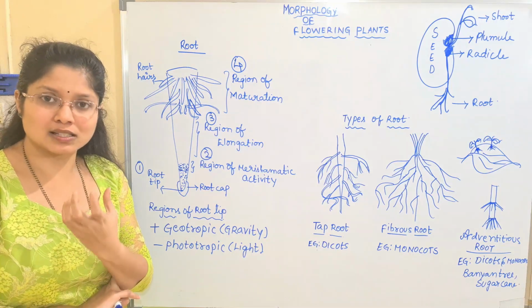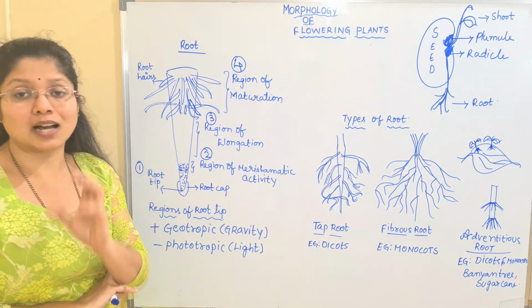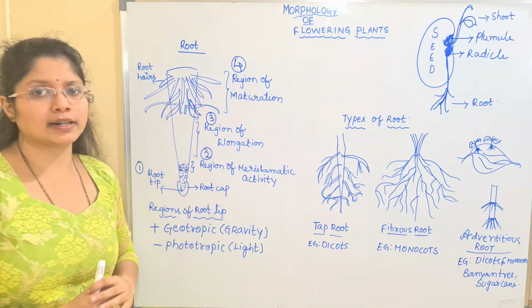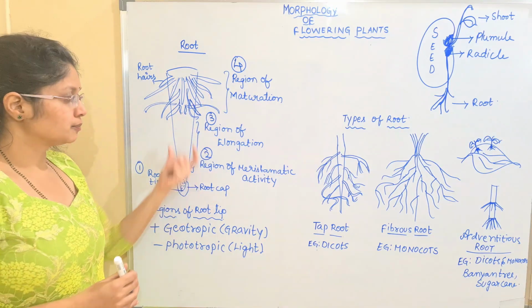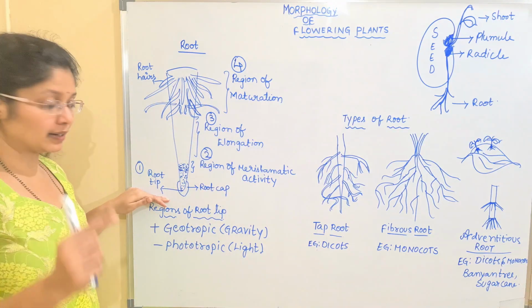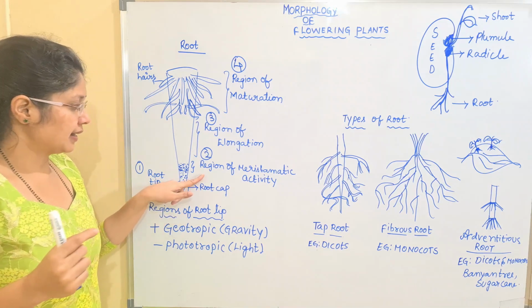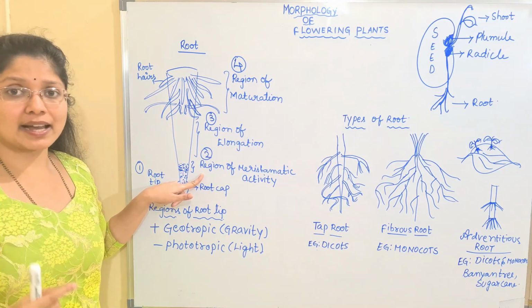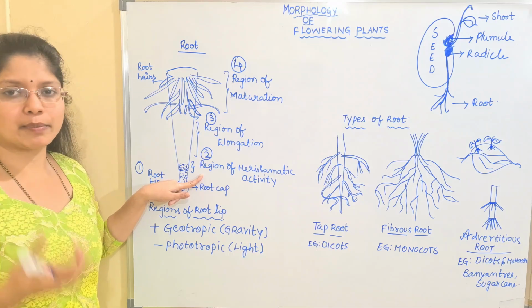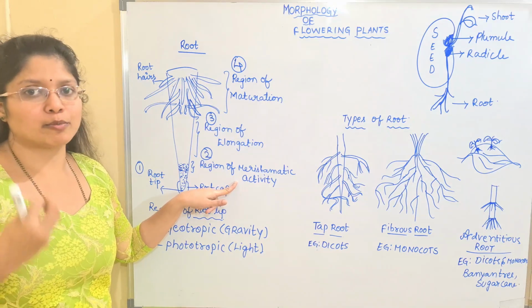Once they get matured, once the cell attains the maximum size, it will be given a certain function, and that is mainly done in the fourth region. Okay, so these are the 4 important zones of the root. The first is the root tip region for penetration, which is protected by the root cap, a multicellular root cap. The next region is the region of meristematic activity, where numerous cells are produced, as many as required by the plant, and they have meristems in this region. They are totipotent cells.